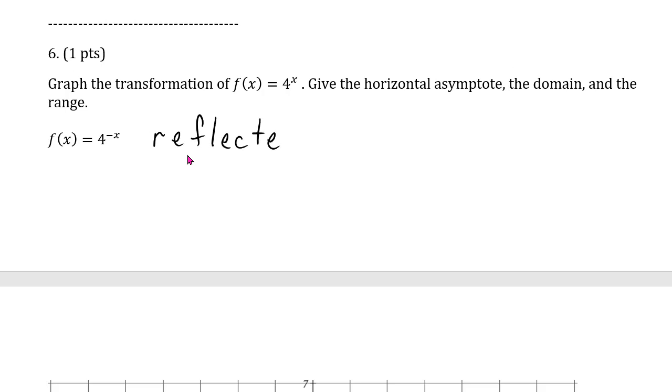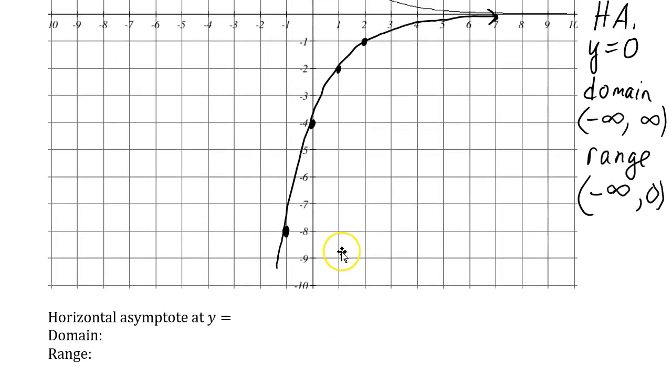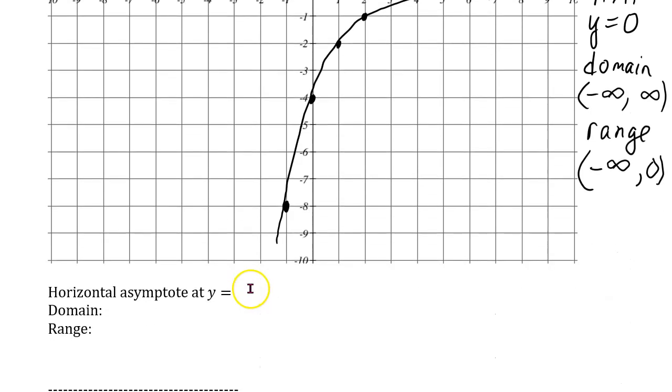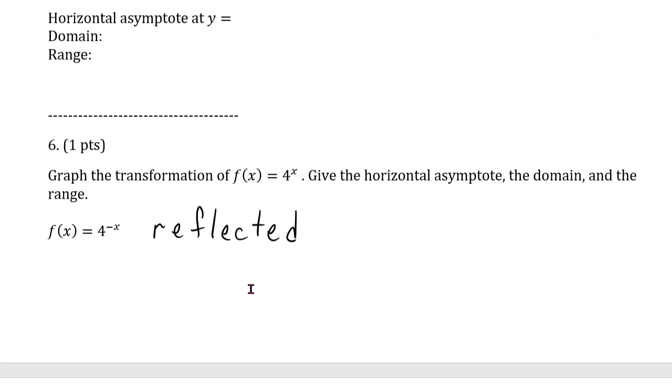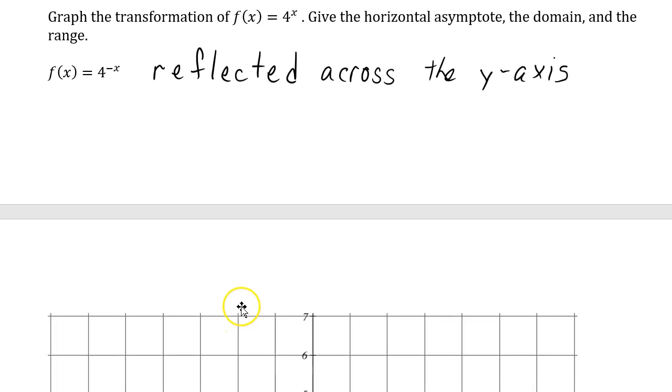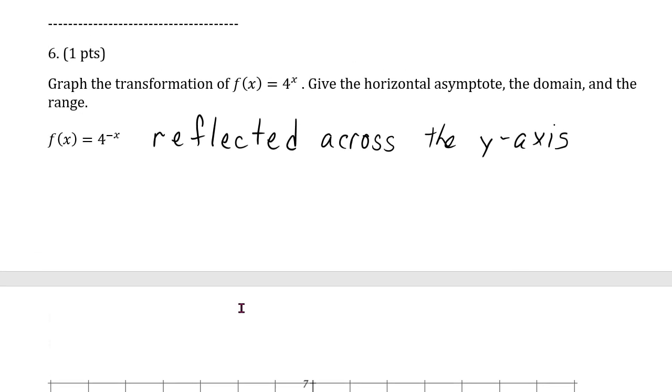A reflection across the x-axis is shown by multiplying on the outside of the main operation, the exponential, by a negative. Having the other variable, the x variable, being multiplied by a negative inside the exponential reflects across the y. So this is reflected across the y-axis because x was multiplied by the -1. When we have this reflection, then, what we need to do is graph 4 to the x, and then we'll